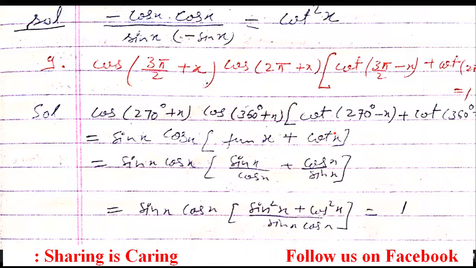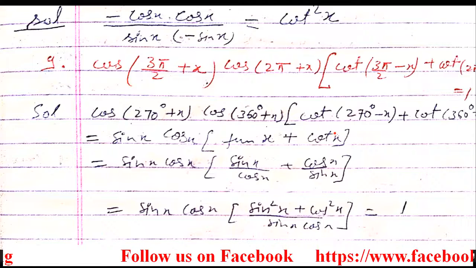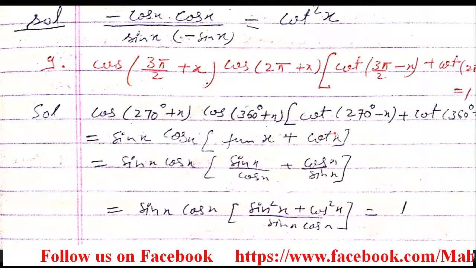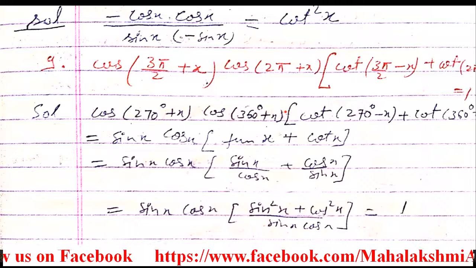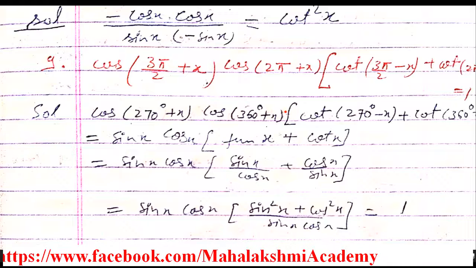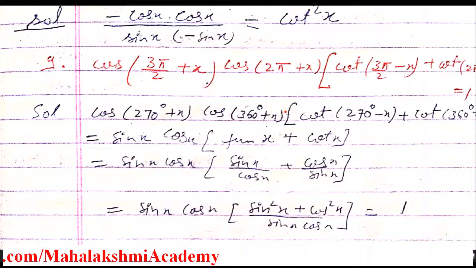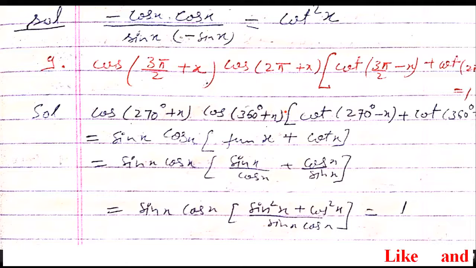Before doing this exercise, all the formulas should be very clear to you, then only this exercise will be clear to you. So students, I request that you go through my previous video where I tried to explain very nicely in which quadrant the trigonometric ratio will move if you do 3π/2 + x or π/2 + x. Like this, everything I tried to explain very nicely. So go through that video and learn all the formulas. Then come to this exercise and see all these videos. Then it will be very easy for you.